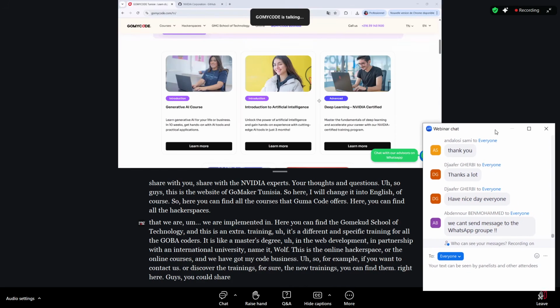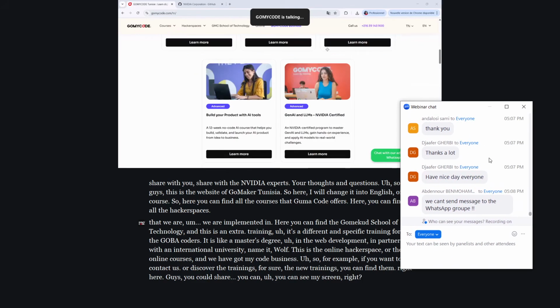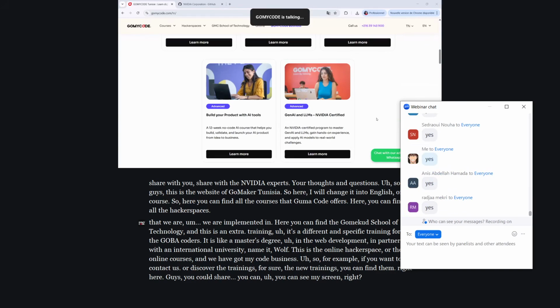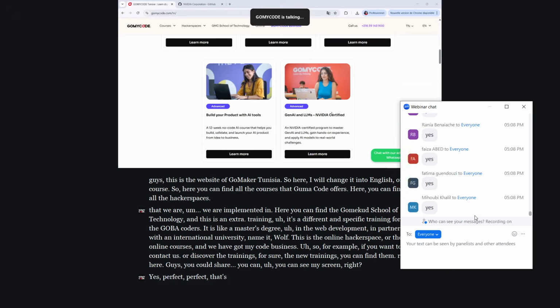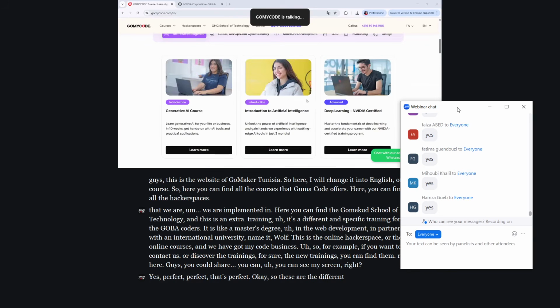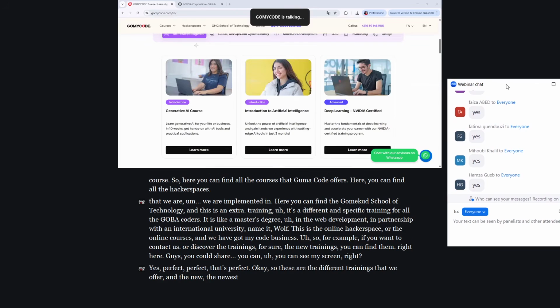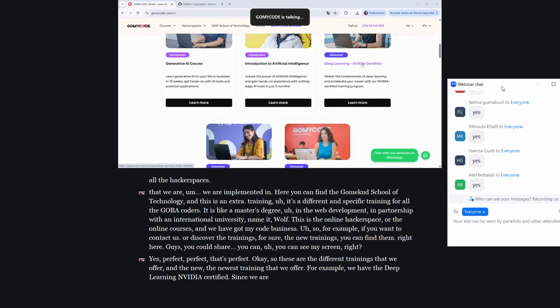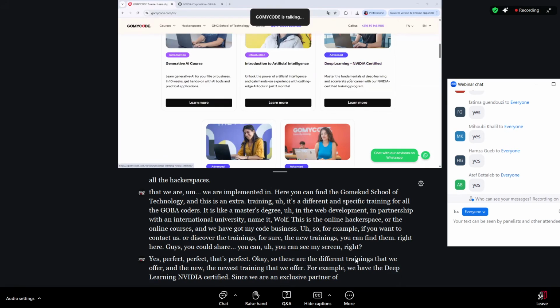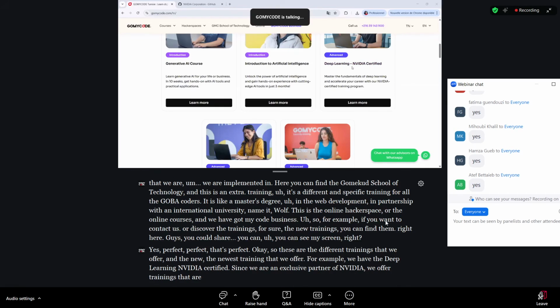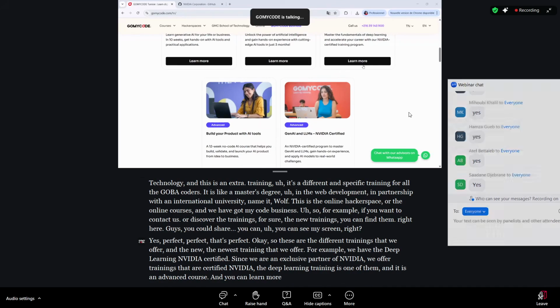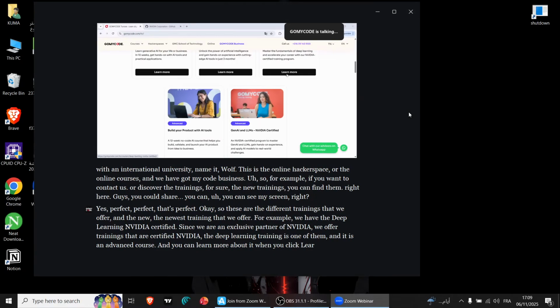Guys, you can see my screen, right? Yes, perfect. Okay, so these are the different trainings that we offer, and the newest ones. For example, we have the deep learning NVIDIA certified. Since we are an exclusive partner of NVIDIA, we offer trainings that are NVIDIA certified. The deep learning training is one of them. It is an advanced course, and you can learn more about it when you click learn more on our website